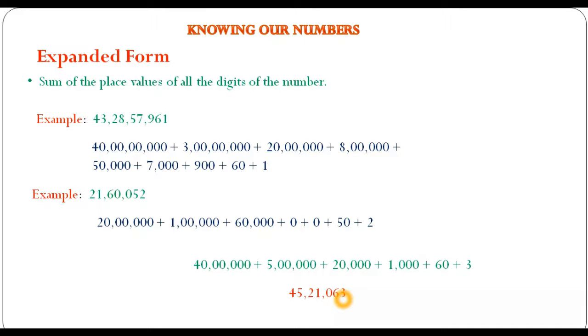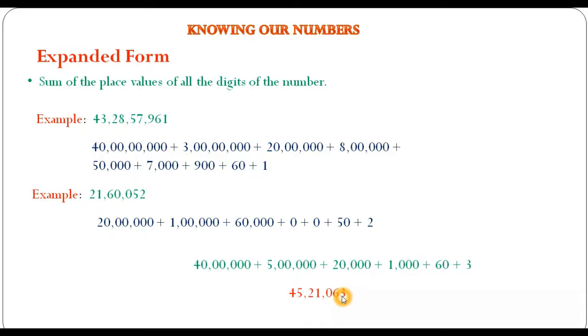Now, if I write 6 at the tens place and 1 at the thousands place, something is missing in between. That is actually the hundreds place, right? Because 1 is at the thousands place, then it is 60, not 600. So after 1000 we need to have the hundreds place, then comes the tens place. But you can see here no number is written in the expanded form at the hundreds place. So it means there is 0 at the hundreds place. So I will write 0 at the hundreds place, and then 60 is at the tens place, so 6 at the tens place. Then 3, simply 3, it means it's at the ones place, so 3 is written at the ones place.